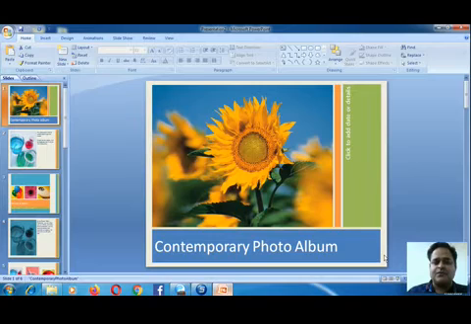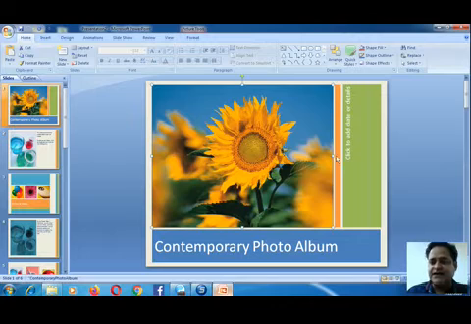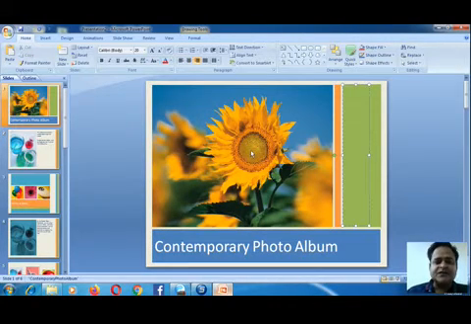is normal mode. Now you can see, for your convenience I have opened a multi-slide presentation which contains more than one slide. This is from the Microsoft template itself. So now in this slide, as you can see, these are placeholders which contain an image. Here text, here image. These are used to enhance the view of our slide, to make our slide more attractive.